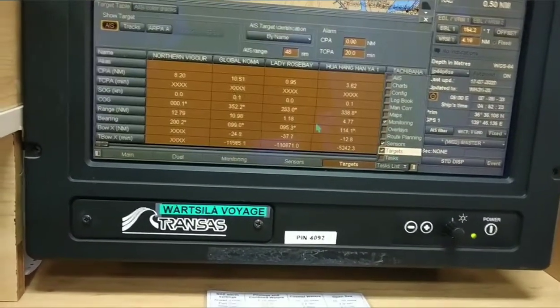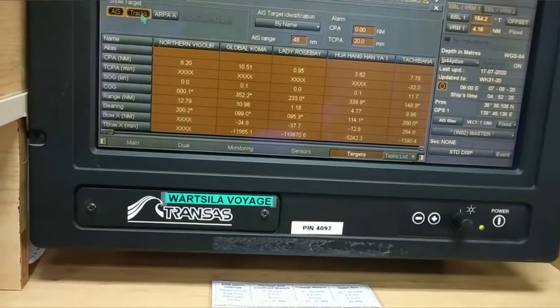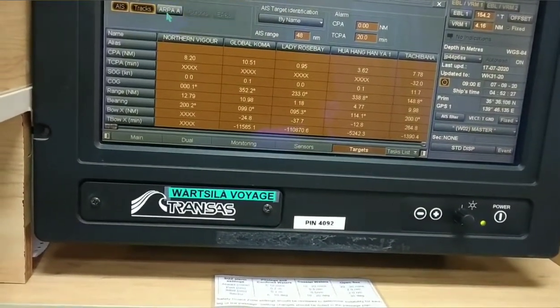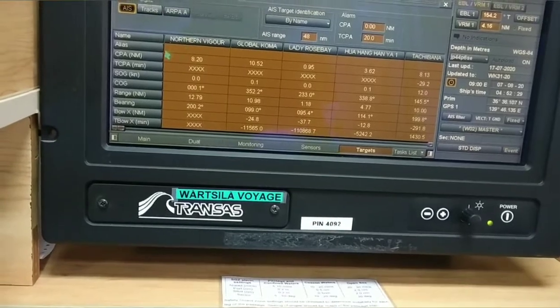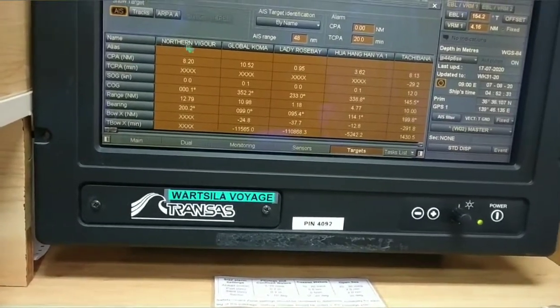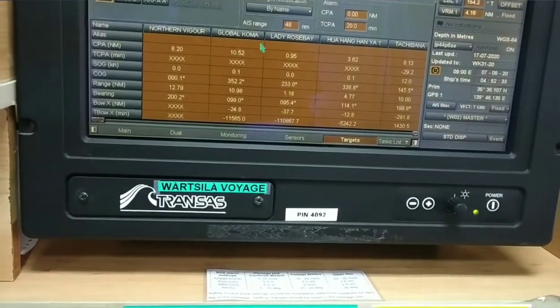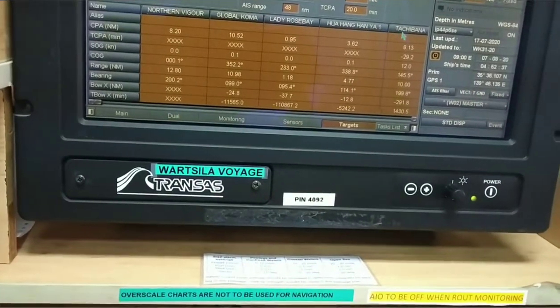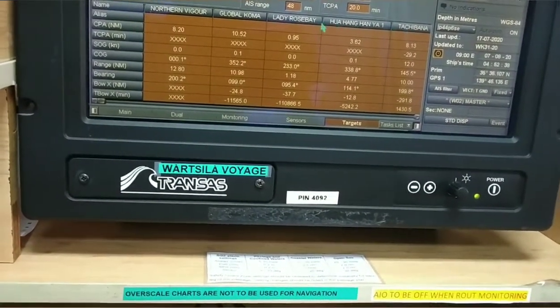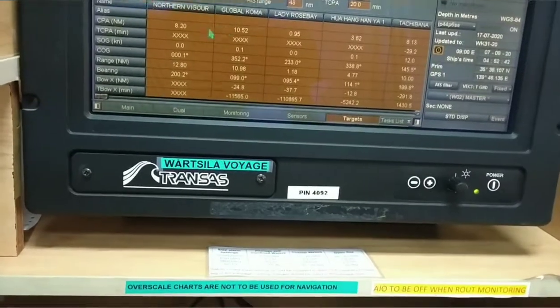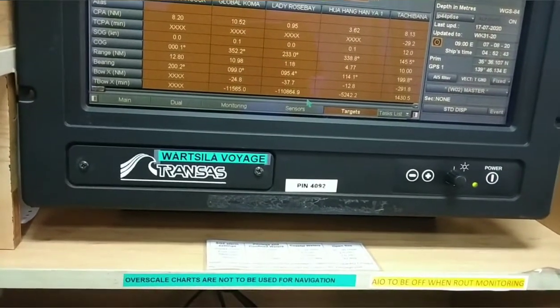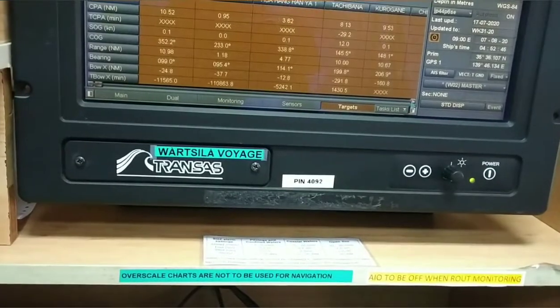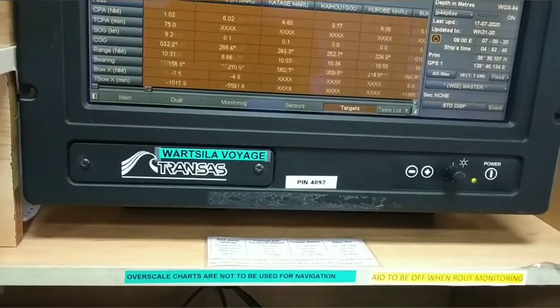Next is targets: AIS targets, tracks, RPAS. All these you can select. So this is AIS targets have been selected. All these AIS vessels, their information you can get in one row. No need to select different targets. Just click on target section and the targets near you will show.